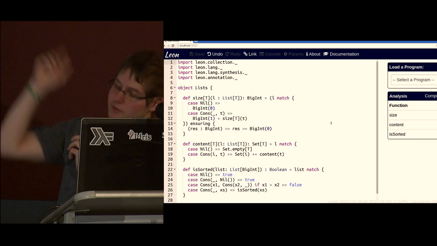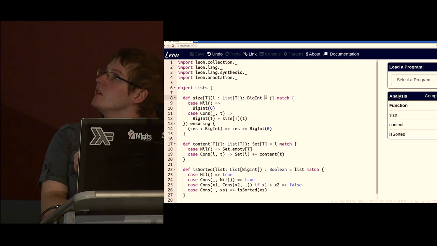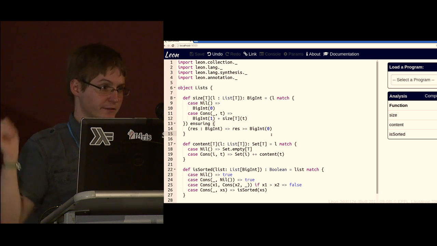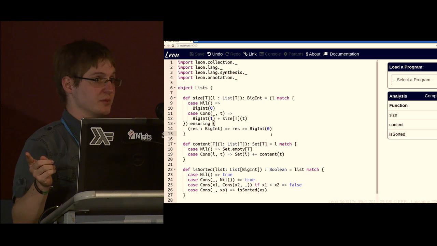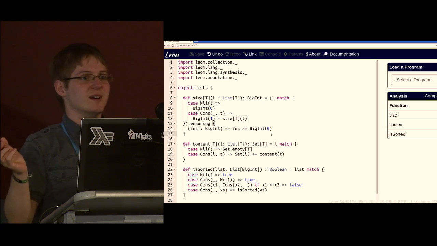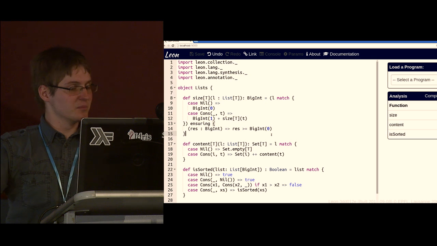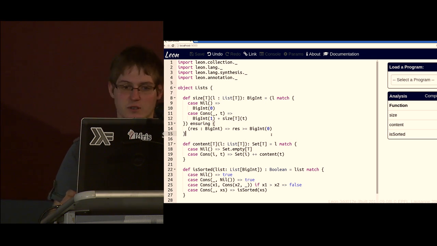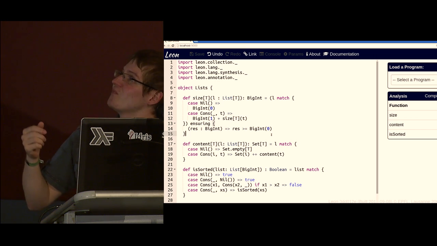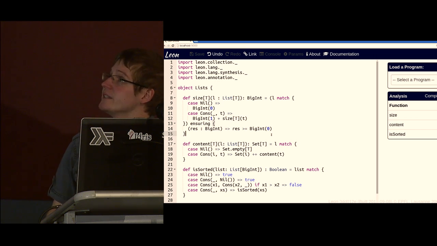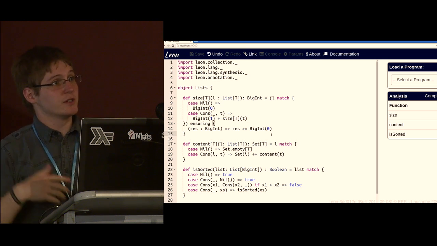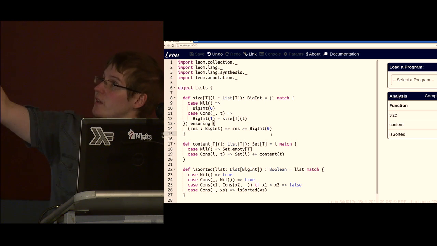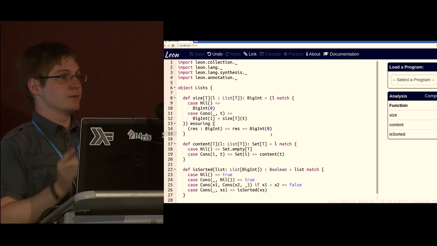So here's the first function, the size function. It takes a list and gives you back a big integer. We are using big integers here, not machine integers, because machine integers overflow, and that is terrible for proving because it will actually find counterexamples all the time. So you're forced to use actual natural numbers, or whole numbers, instead of these machine integers from the devil. This function computes the size of a list, and it looks easy enough, right? You do pattern matching and return 0 if it's empty and 1 plus the rest if it's non-empty. And with this ensuring, I can tell the system I want the result value to be greater or equal than 0.